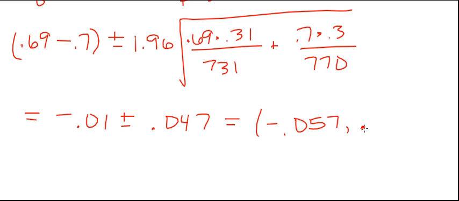so 0.037. Okay, so we should notice this time that our confidence interval goes from a negative to a positive. What that means is there's no significant difference between males and females with regards to their beliefs on climate change. Because if there was no difference, the confidence interval would be 0, and so 0 is included in this confidence interval because it goes from a negative to a positive. So because of that, we can say